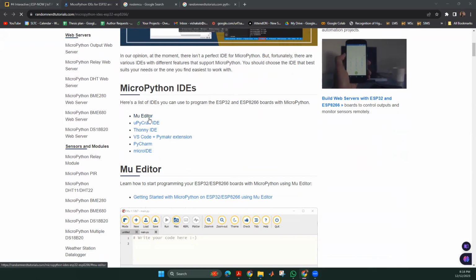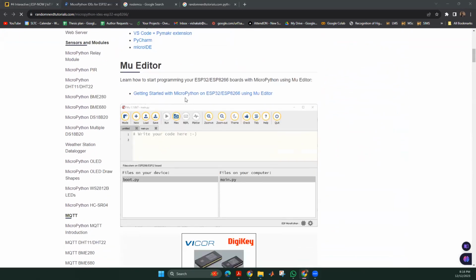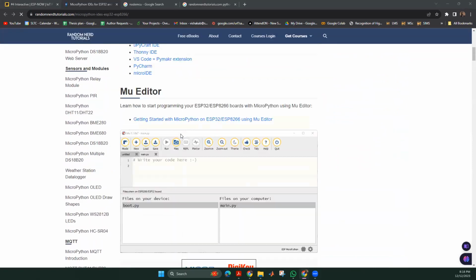So you can use Mu Editor, UPyCraft, Thonny, VS Code with PyMaker extension, PyCharm, Micro IDE, so and so on. So these enable you to develop the code in C++ or Python languages. So you will be able to develop the code for the microcontrollers. So the installation process is also given in this website, right?